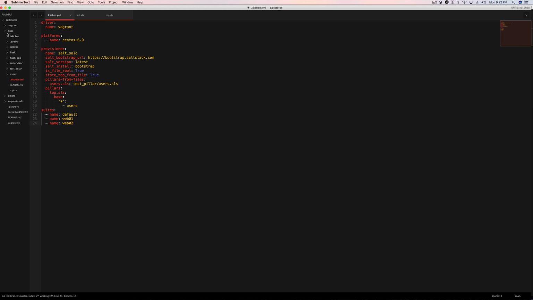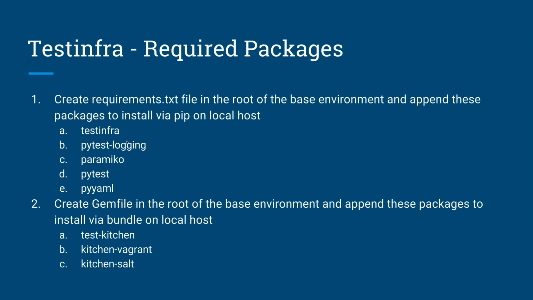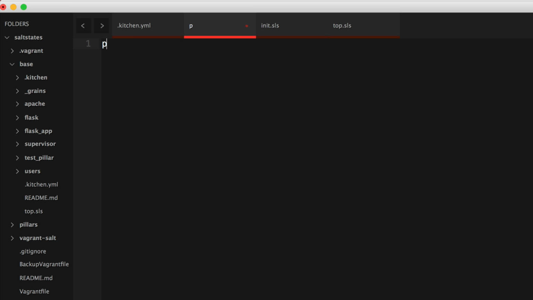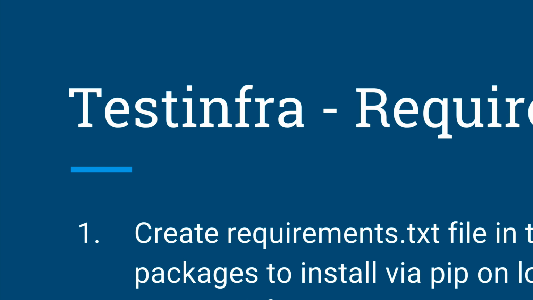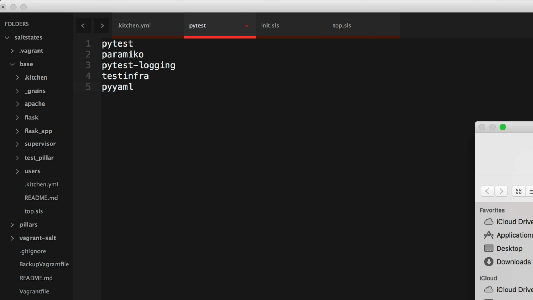All right, so here I'm just going to put it in the base environment since there's really no need to put it anywhere else. So I'll create a requirements.txt, and I need Testinfra, PyTest logging, Paramiko, PyTest, and PyYAML. And I missed one. It is PyYAML. There we go. And we're just going to name this